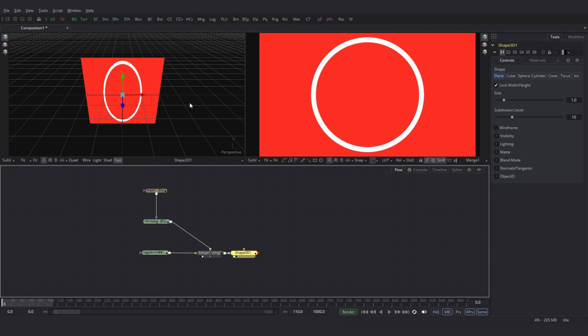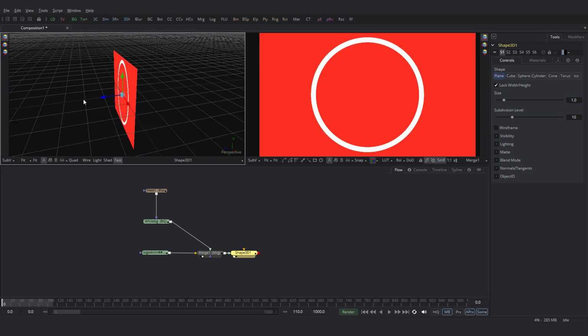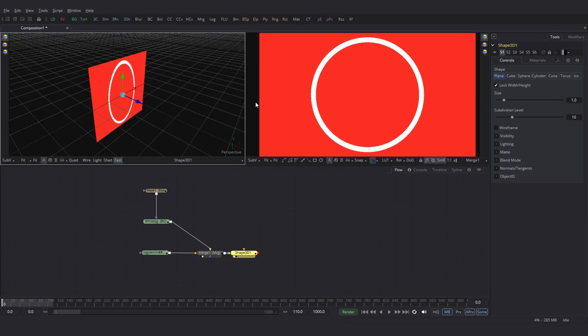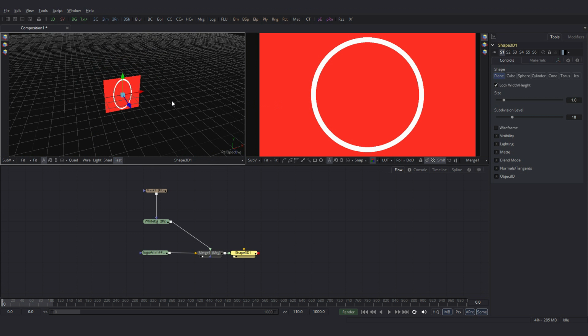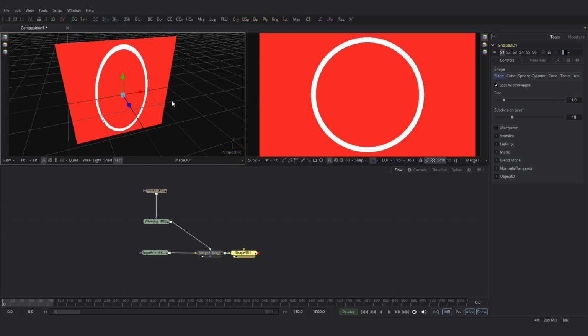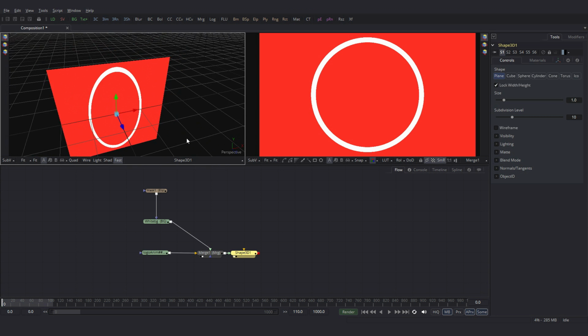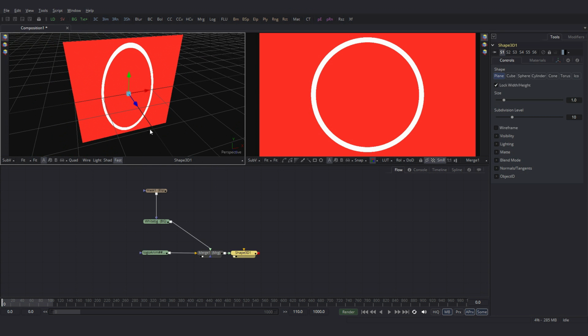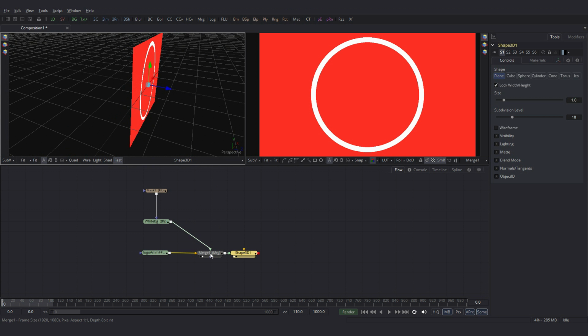Now inside the 3D viewport, if you hit Alt and middle mouse button and move, you can rotate around the 3D object, or Control and roll the scroller, you can zoom in and zoom out. Click on the middle mouse button and move around for this. Now if you see, this is a 3D card onto which this 2D image is projected.